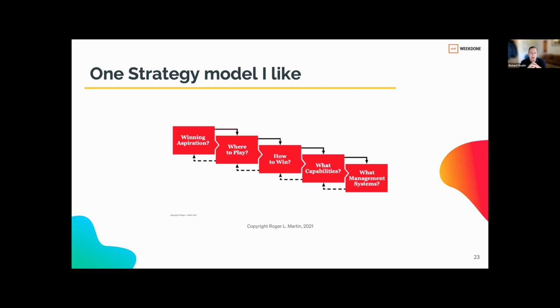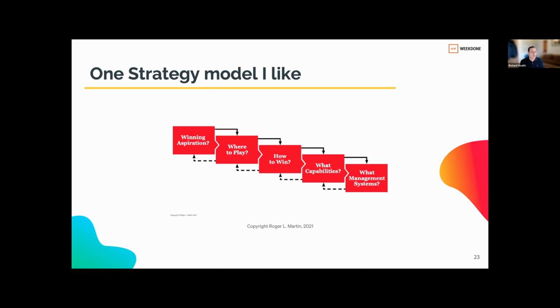That, to me, very clearly segments things. And I really recommend reading some of Roger Martin's writings, where he talks about this as a model. The other thing he mentions a lot is thinking about how you question what will be true: what would need to be true for where to play, how to win, capabilities, and management systems. I'm not going to go into full details there.